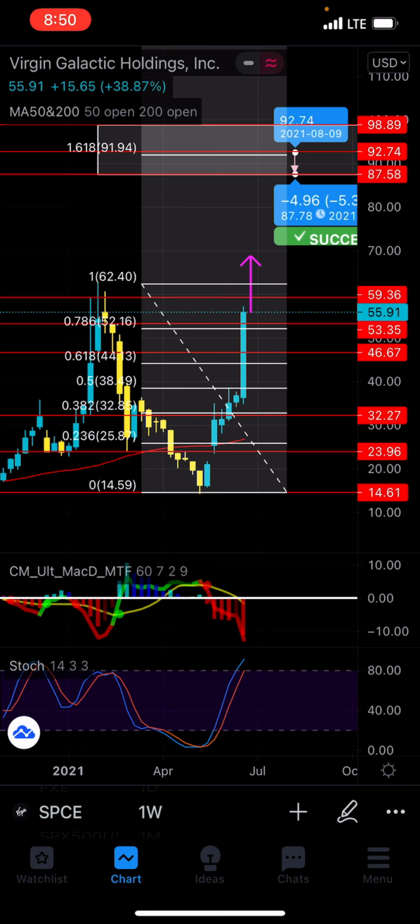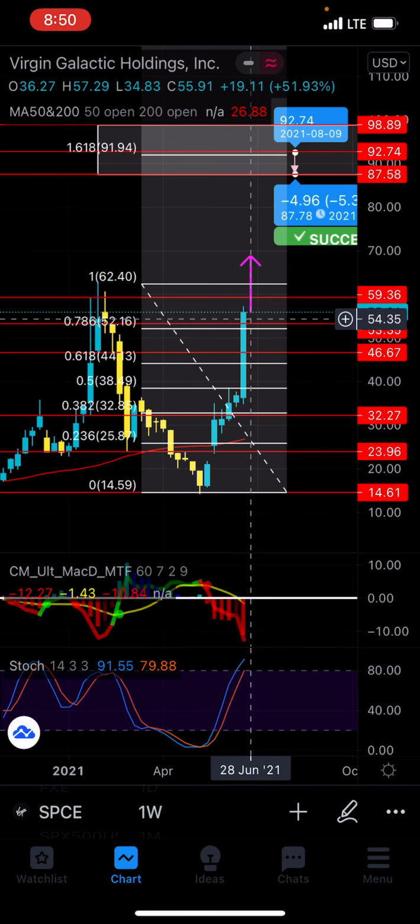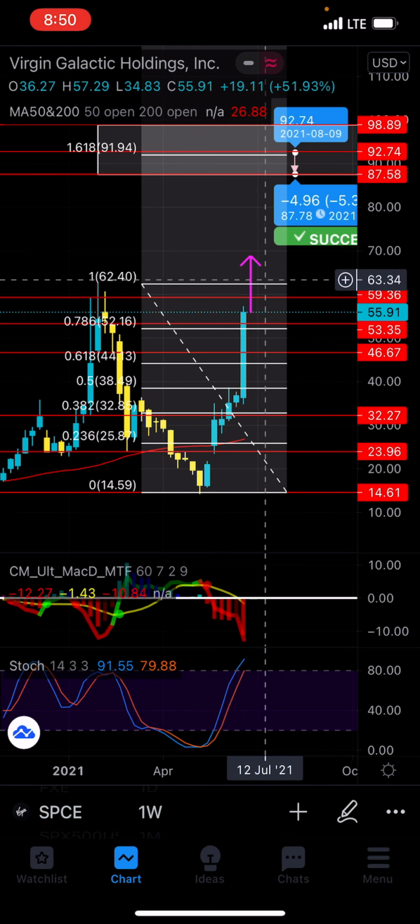Again, you have to wait for these things to happen. I mean, if you can take 1 or 2 big trades a month, you're done for the month, right? This isn't something that you're going to be swinging every day or day trading. This is a strategy where you just wait. What are we doing for SPCE right now? All we're doing is waiting. We're just waiting for this candle to get created.